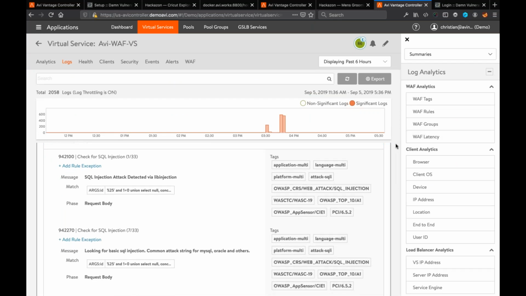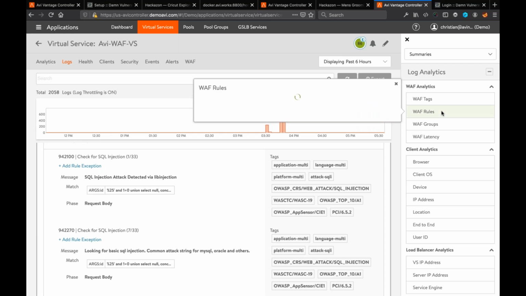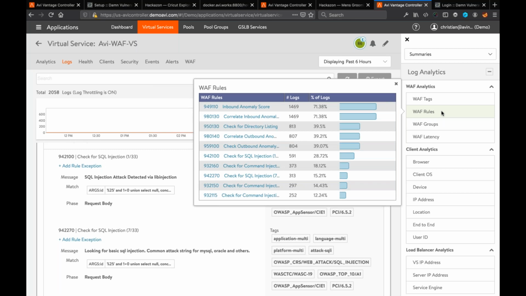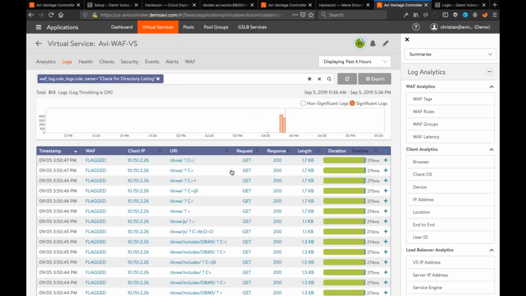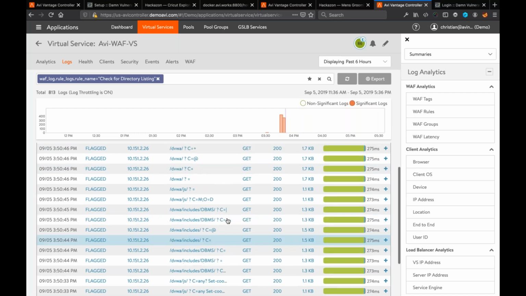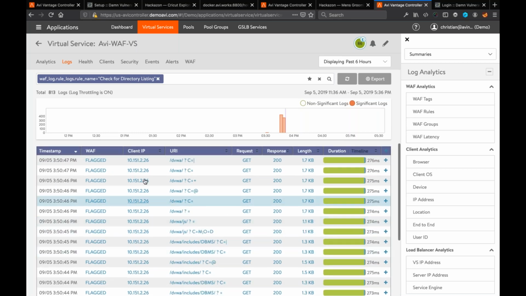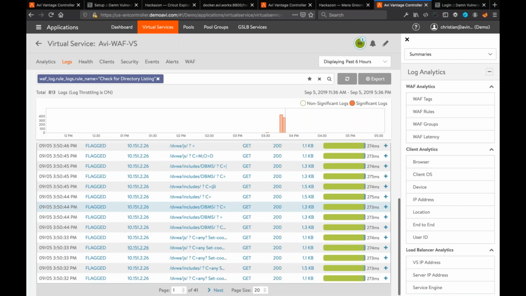And then next up, the system will pre-compute analytics. And as I said, we have many built in, but some of them are really useful to show and pre-compute here. For example, which WAF rules hit. So if we look at, okay, this is, for example, the check for a directory listing, which got hit quite often, and we can immediately do filters for them and have a look at what actually happened here. And you can see that this IP address did a lot of bad things.